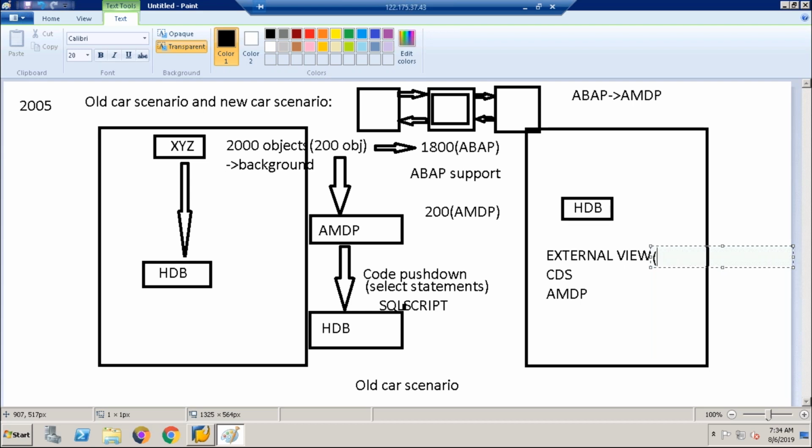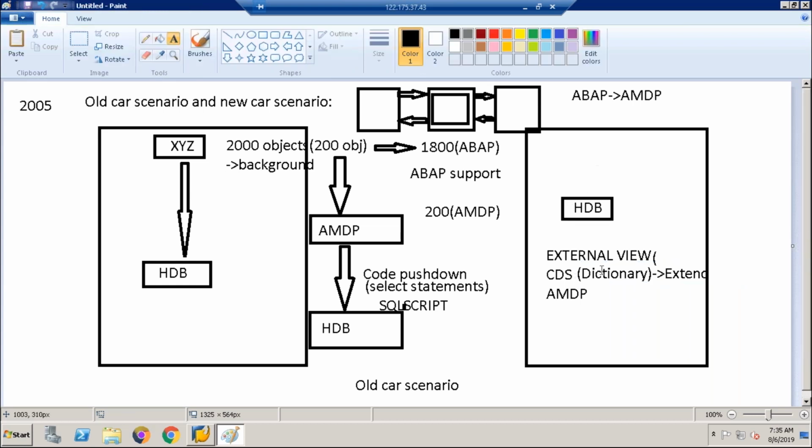Then CDS came, guys. CDS is just a dictionary view. Like in ABAP, we have the view concept, like a database view. But here you can do calculations also. On top of this dictionary view, you can do your own calculations. You can process the data and so on. But CDS is again outdated, guys. It's obsolete. I can say people are working in some projects with CDS, like extensions in Fiori applications. If you want to do some enhancements, if you want to add some extra fields in CDS in Fiori applications, we are using CDS. CDS annotations are important.